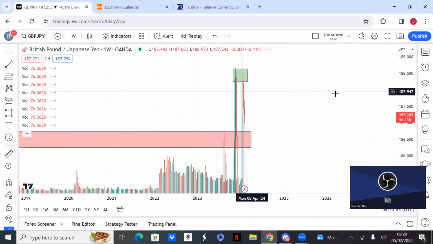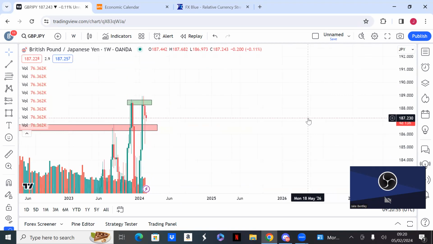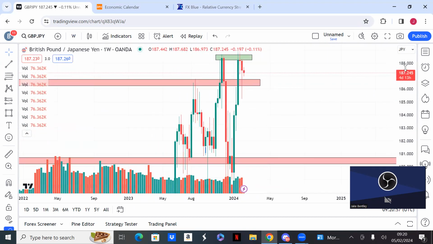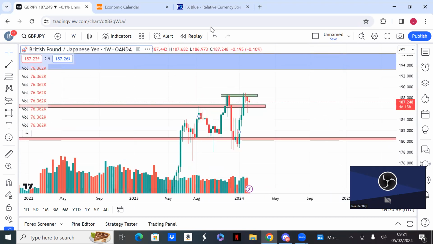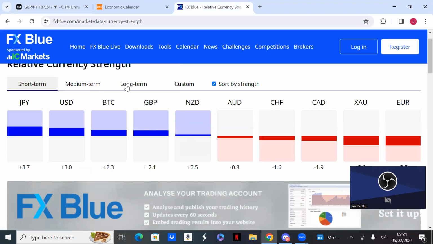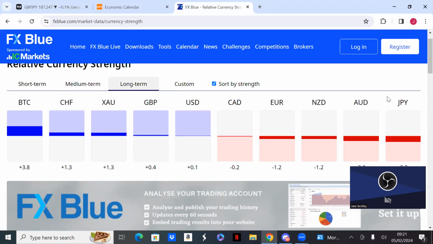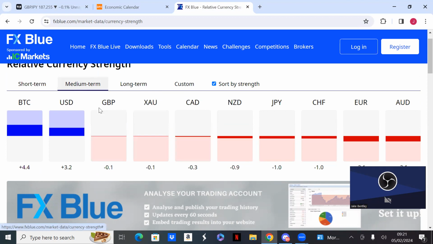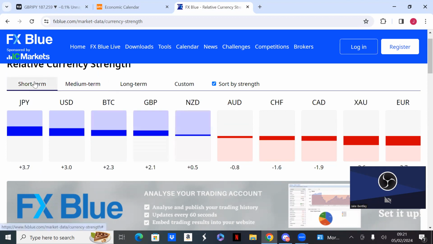Okay, so weekly here. What's happening weekly on the British pound against the yen? Because it's currencies, I like to look at the fundamentals first. So let's go to the long term. The Great British pound is stronger than the yen. Okay, medium term, the Great British pound is stronger. Short term, the Great British pound is